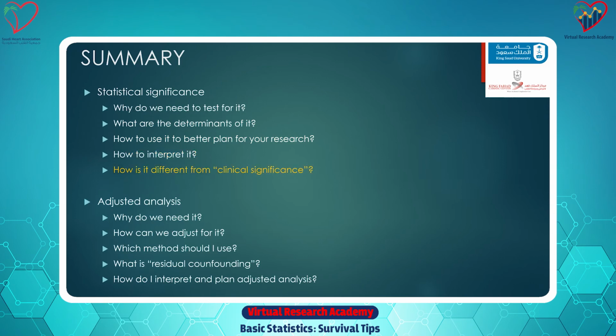Very important to make the distinction between clinical significance and statistical significance. Extremely important at the extremes of sample size, when the sample size is small or very large. Report effect size and think about clinical significance. We need to do adjusted analysis because of confounding. And there are two ways in observational studies to deal with it. One is covariate adjustment by doing regression. The other one is using propensity score techniques.